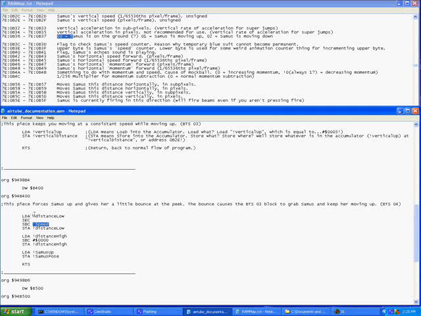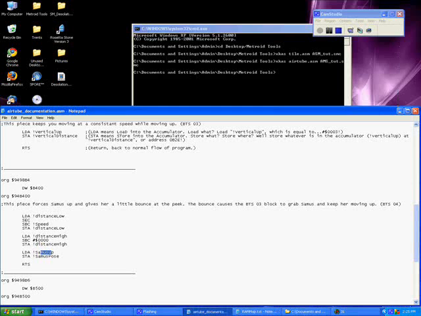So we're saying load distance low, set the carry, subtract the speed, and then store it in distance low. And then load into the high, subtract 0, 0, 0, and then set it as 0, 0. Load Samus pose as 0, 1, and store it, so that way she's getting pushed up into the air. So that one's kind of hard to explain or understand. So check it out in our